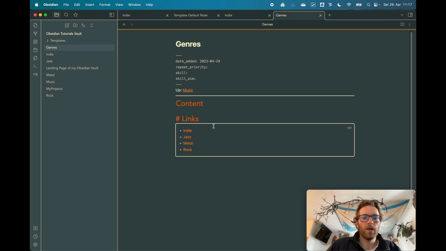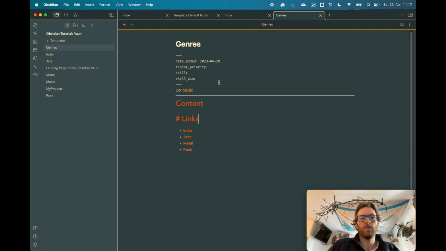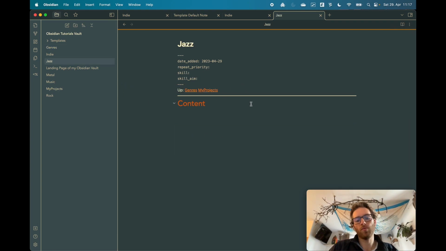And now we have implemented this new YAML header. And we can continue with Jazz, because now I would like to show 3 of my use cases, how I use Dataview to make Obsidian a nice learning tool for myself. And therefore I use these 3 fields. For example, Jazz,